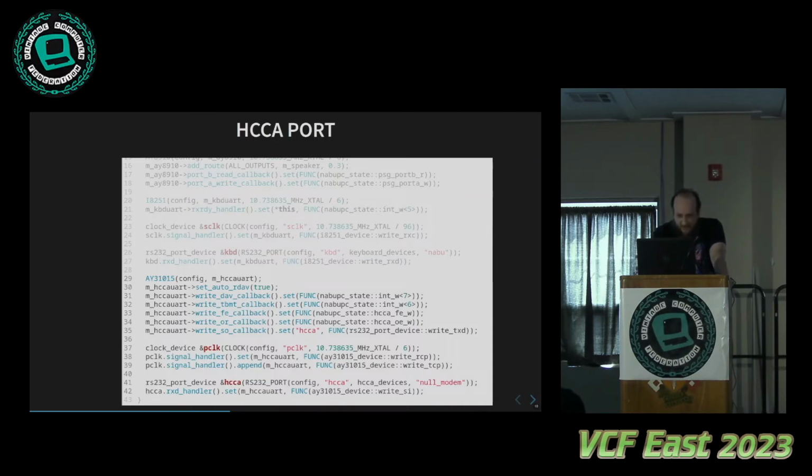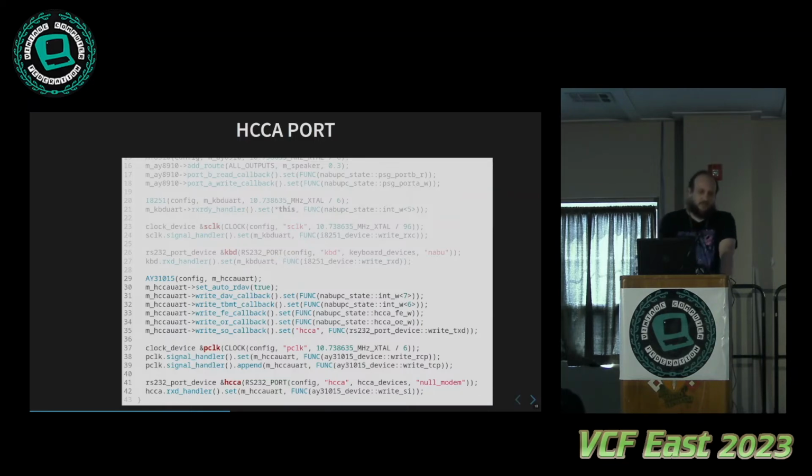And then, starting at line 37, the clock for both the transmit and receive lines is running at 1.79 megahertz. So that gives a baud rate of about 111.9 kbaud for the actual adapter, which is yet another slightly odd baud rate. And then we create the virtual RS-232 port for the system, and we give it a null modem